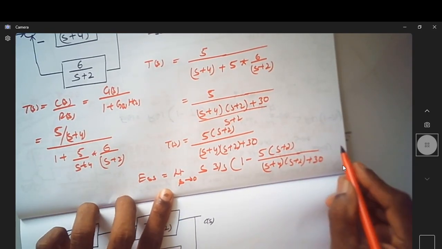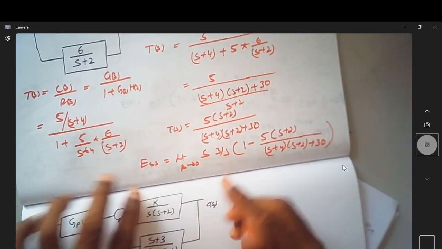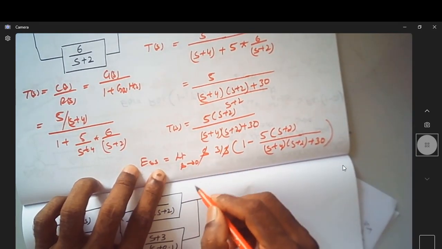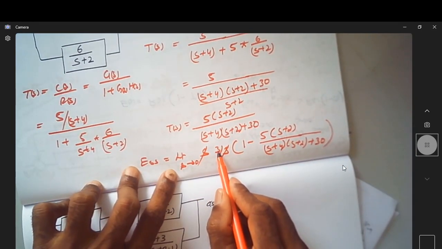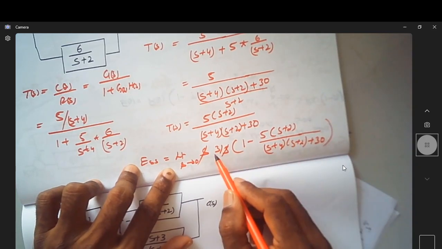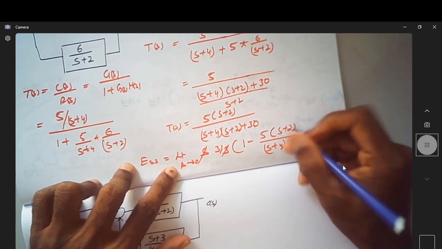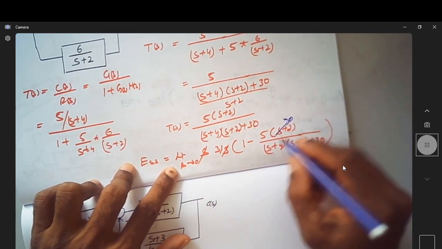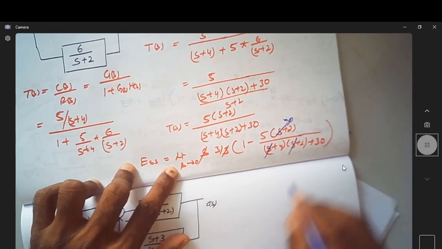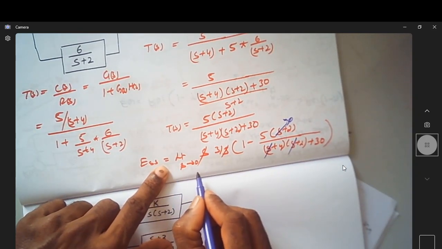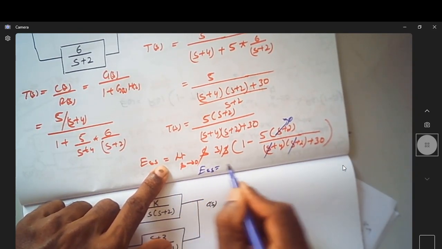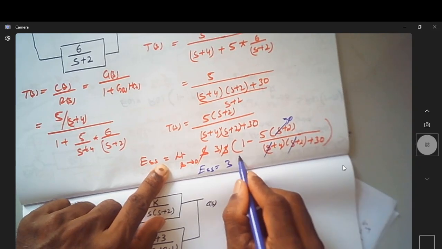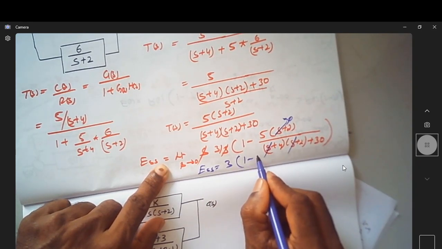So this is my transfer function. Now this S and S will go off. Then you have this 3. Then you apply the limit of S tending to 0. This will become 0. This will also be 0. This is also 0. So now you end up with ESS equal to 3 multiplied by 1 minus 5